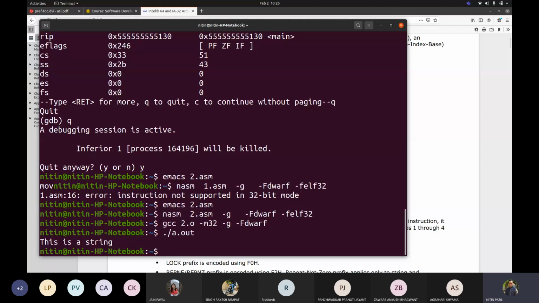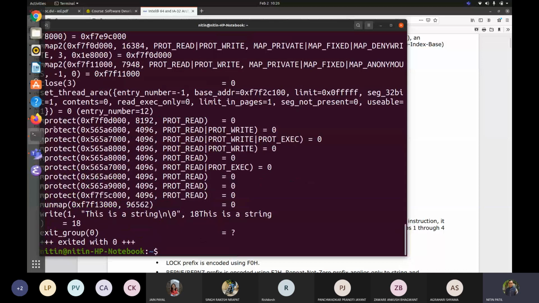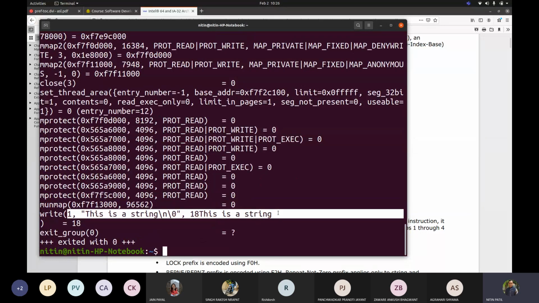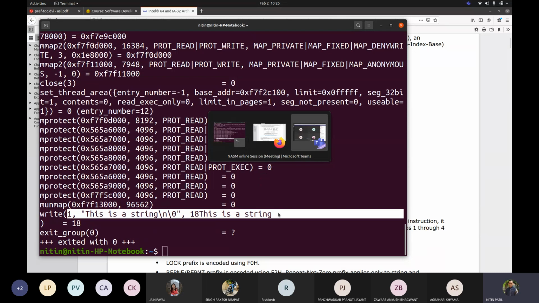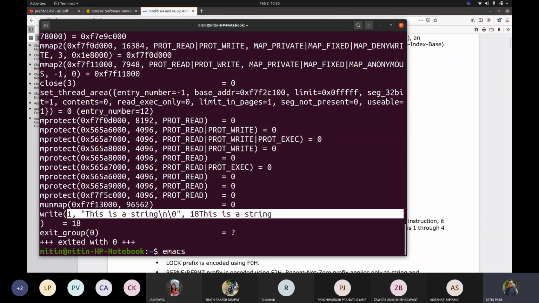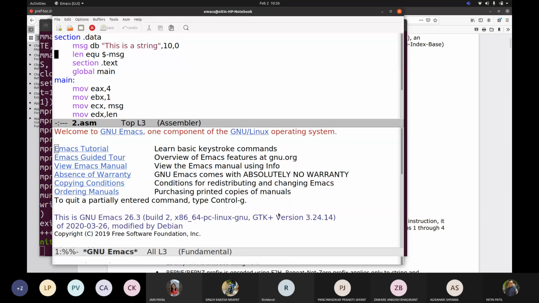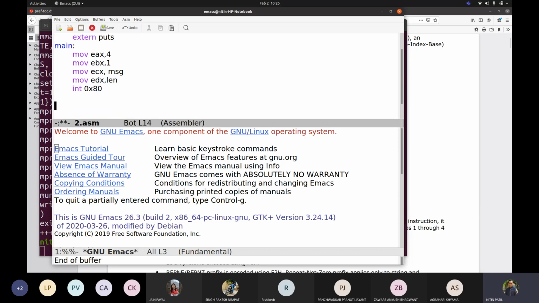So it was a write system call. If I see now this strace, I can see that this is a function call given, correct? And I haven't pushed the values, but I passed the values by parameters. Now if I have to make use of a function call here, say for example, let me do this. I am writing here extern puts, and I am saying push msg, call puts, add esp, 4.